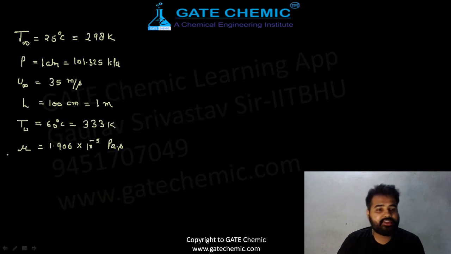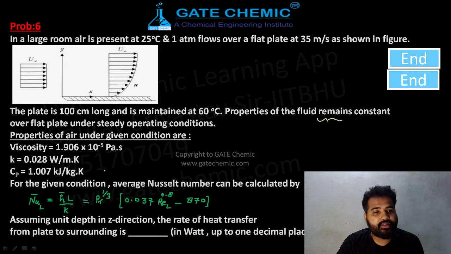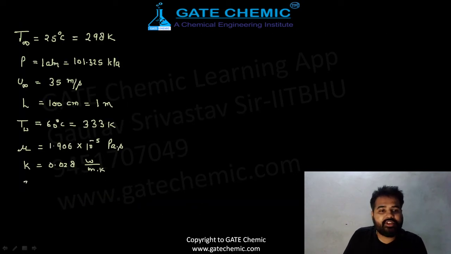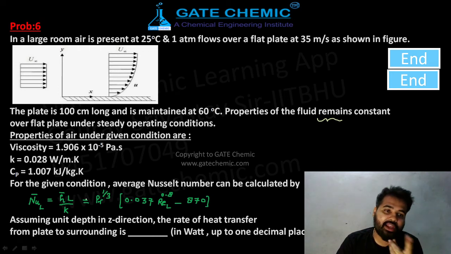Next, K is there, 0.028. Again, this is in SI unit, watt per meter per Kelvin. Next data, Cp. Cp is given in kilojoule, so immediately convert this Cp into joule: 1007 joule per kg per Kelvin. Okay, beautiful. And now, for the given condition, average Nusselt number can be calculated by